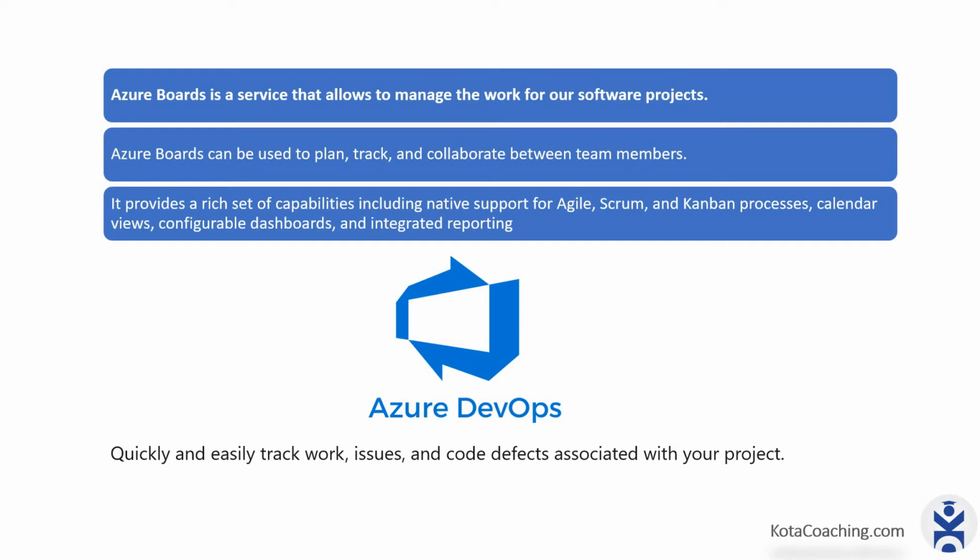Here we can create the plan, track the activities, and collaborate between team members. You can assign the work to your team members and track their status. And inside Azure boards, we can take advantage of Agile, Scrum, Kanban process, calendar views, configurable dashboards, and integrated